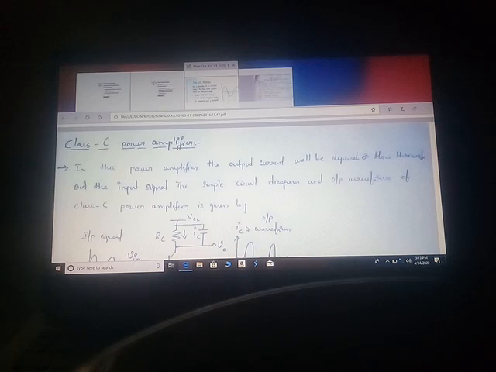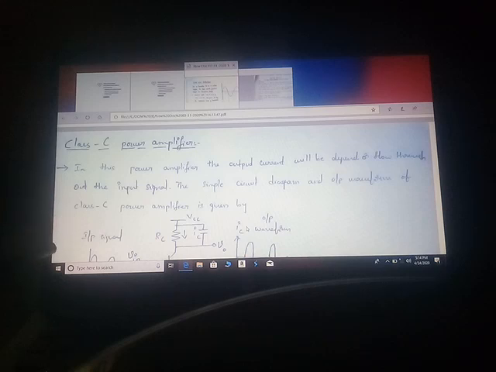But what is the difference between those two amplifiers and this Class C power amplifier? The efficiency is good when you compare with the other amplifiers. You are getting the accurate efficiency, but it is not required for most of the applications. Why is it not required? Because it has one type of loss, known as the distortion loss. So due to the distortion losses only, we are not using Class C power amplifier in more applications.